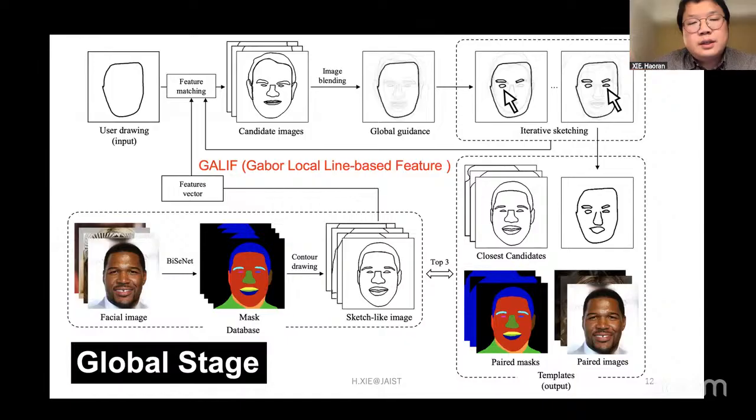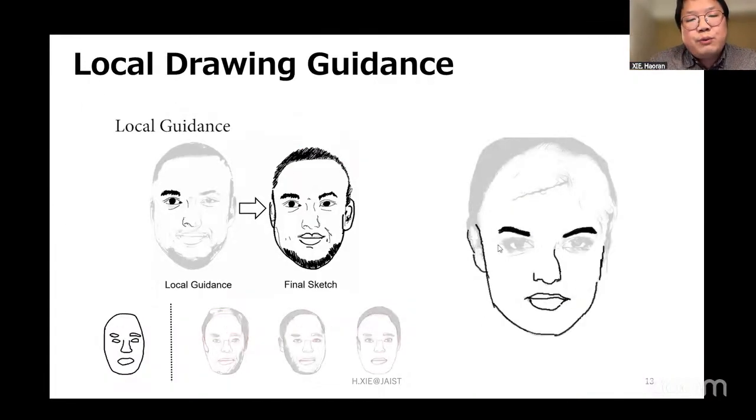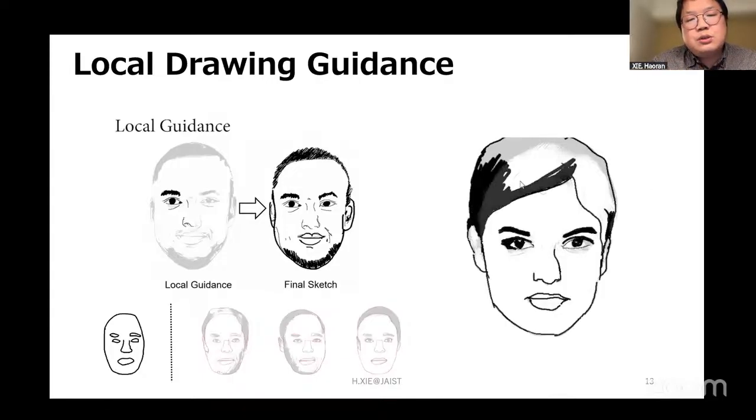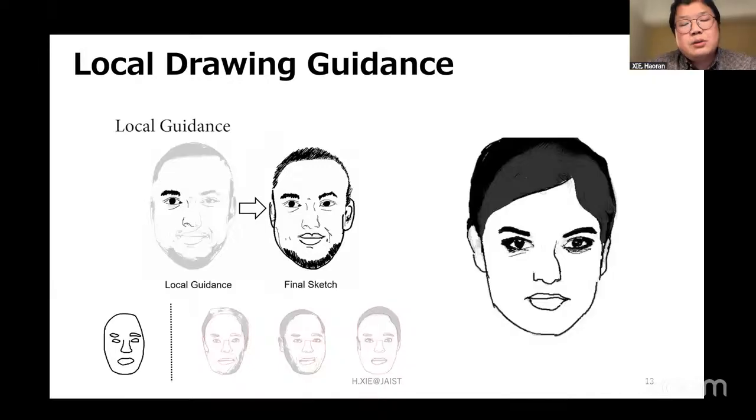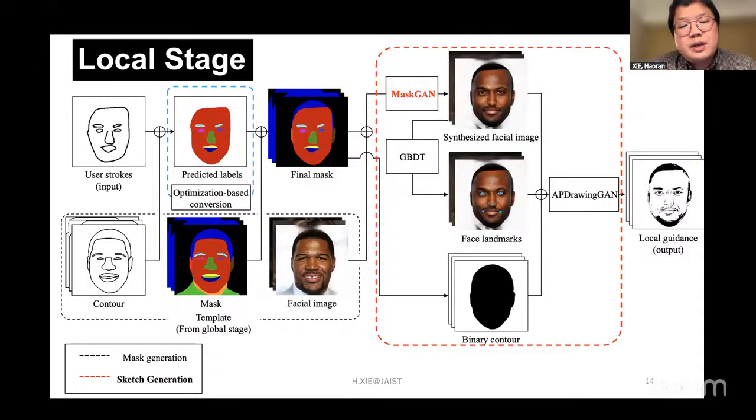After that, because this is somehow an old paper, we used a GAN-based method here to generate the faces, using masks. This is for local guidance, to help the users draw the details, for example, the mouth and the eyes. These are details that you cannot easily imagine when you draw. We also based this on some GANs, some kind of old ones, but the idea is that we can give some local guidance.